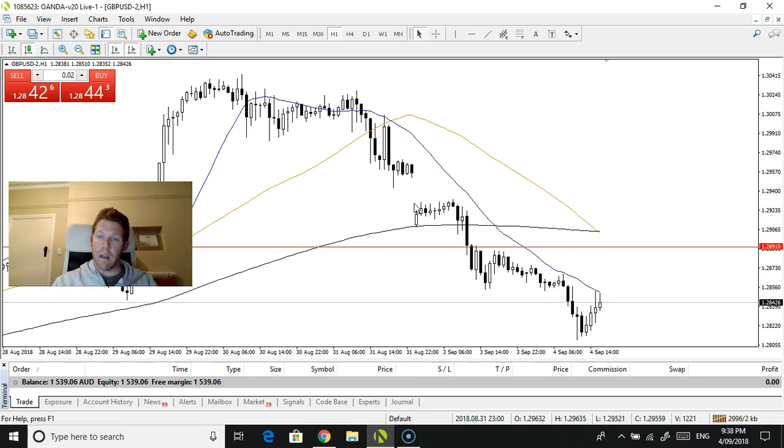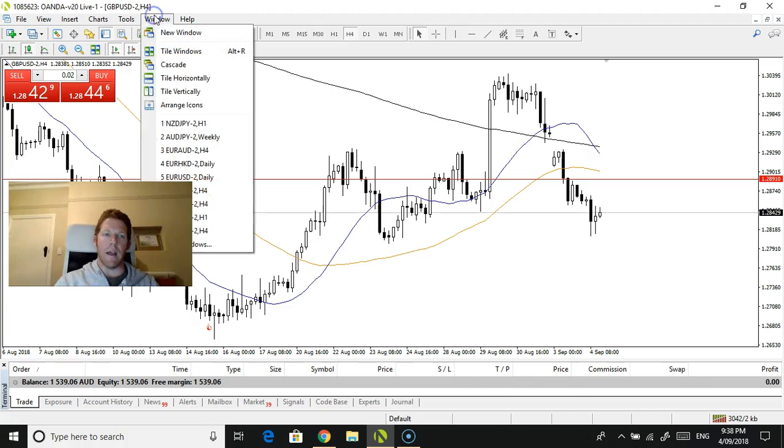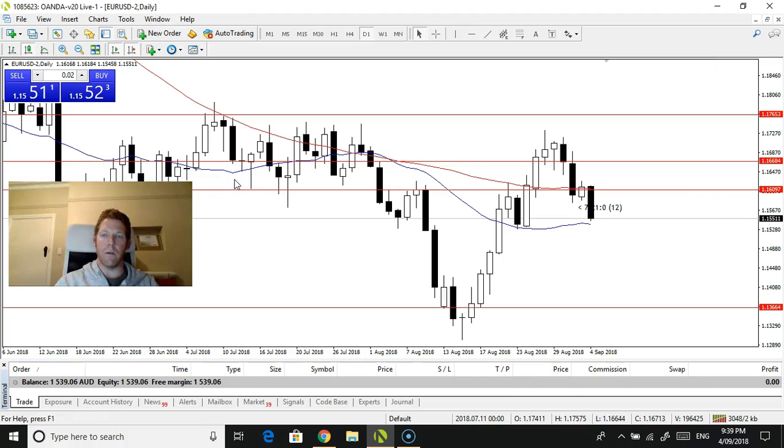So there probably was a good, well, I wouldn't have sold this straight into here because it's on a support level. So that's what I'd be mindful of. So I'm going to pass on this. There's no clear entry, and euro.